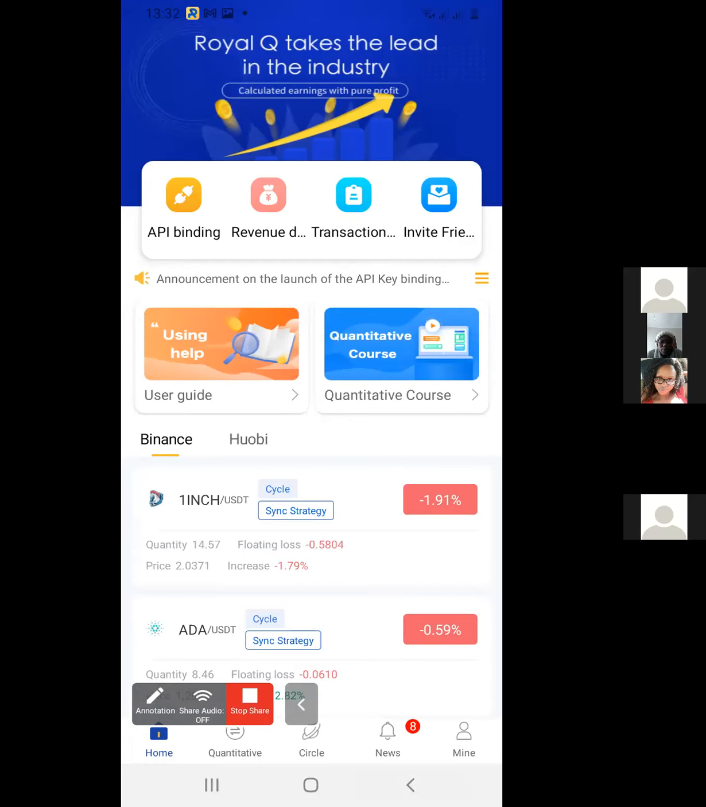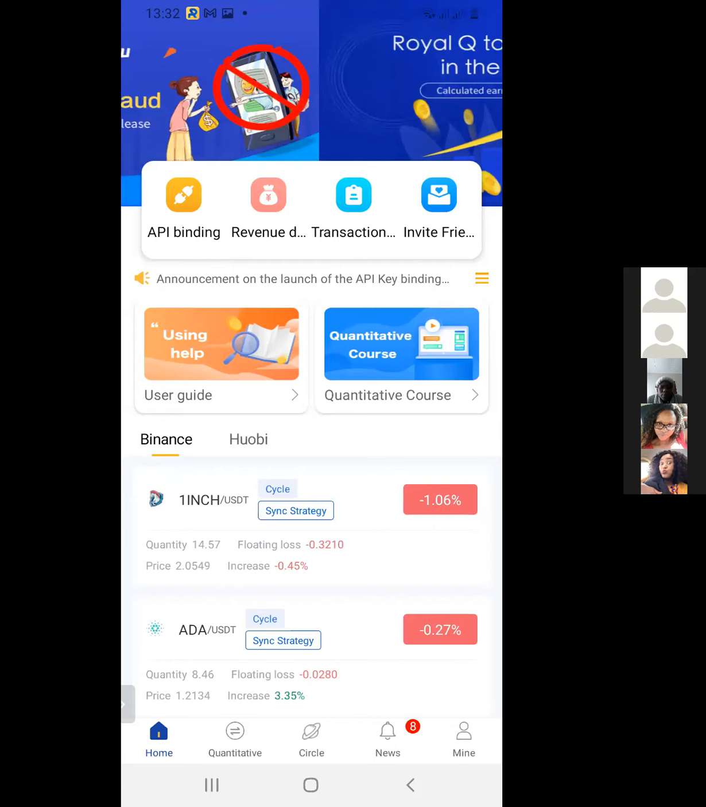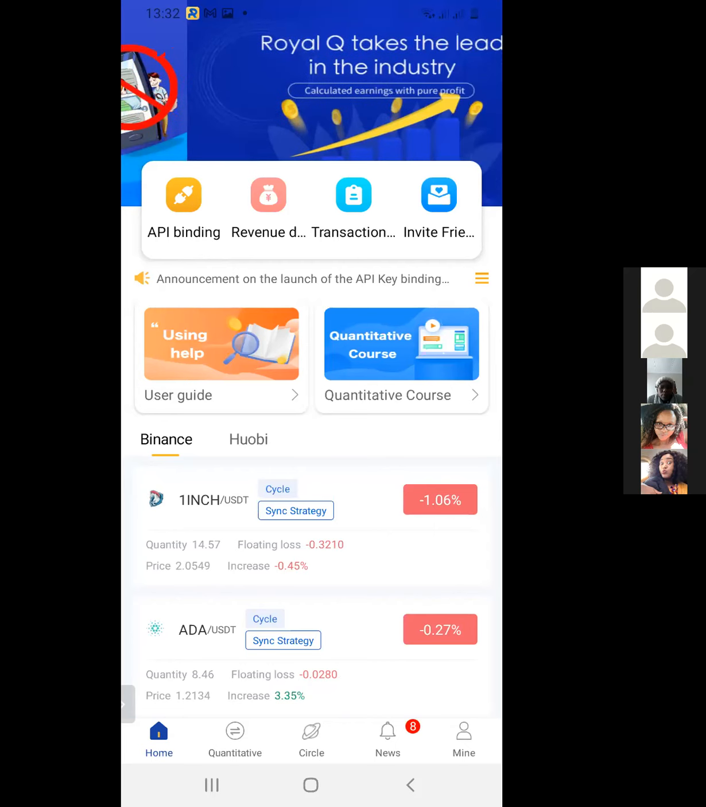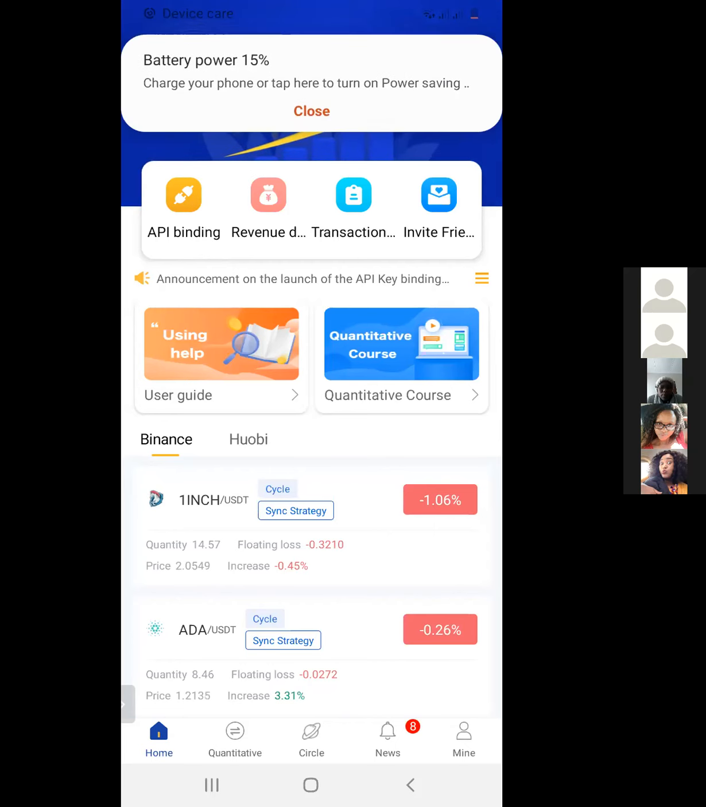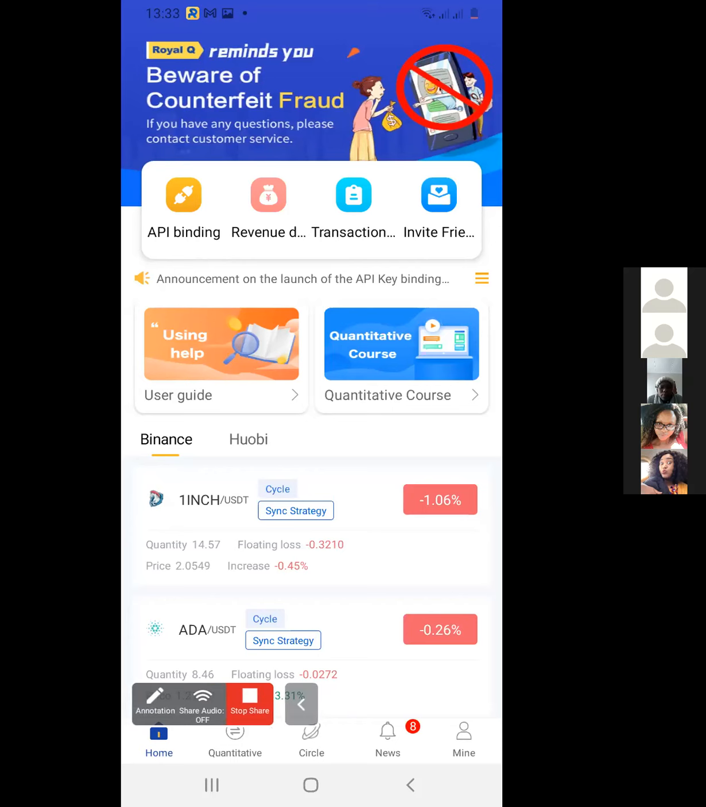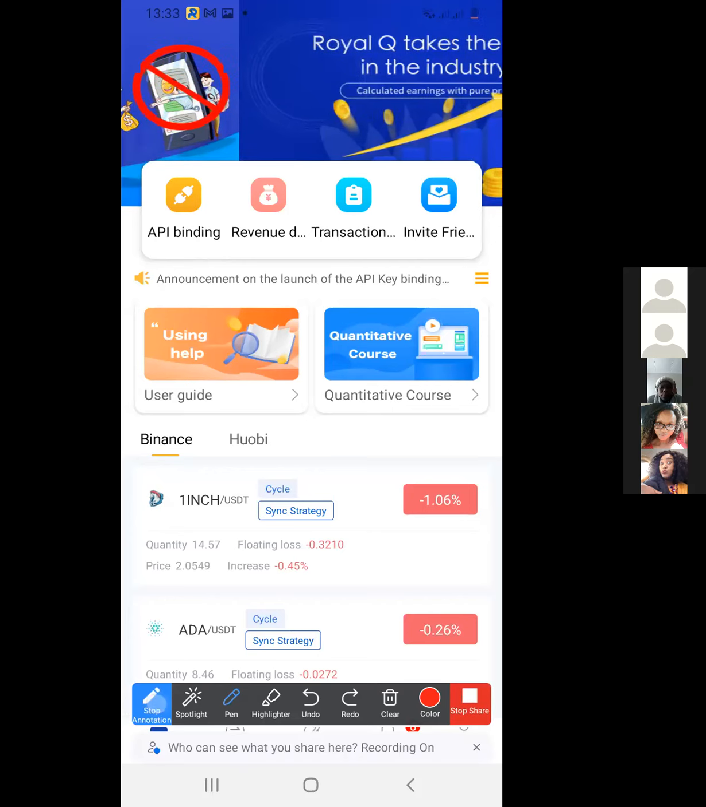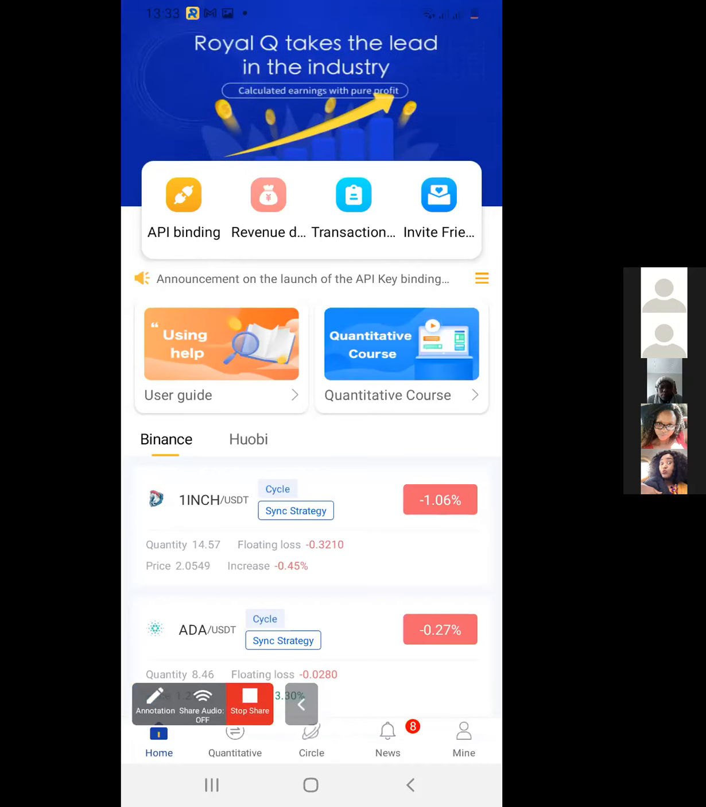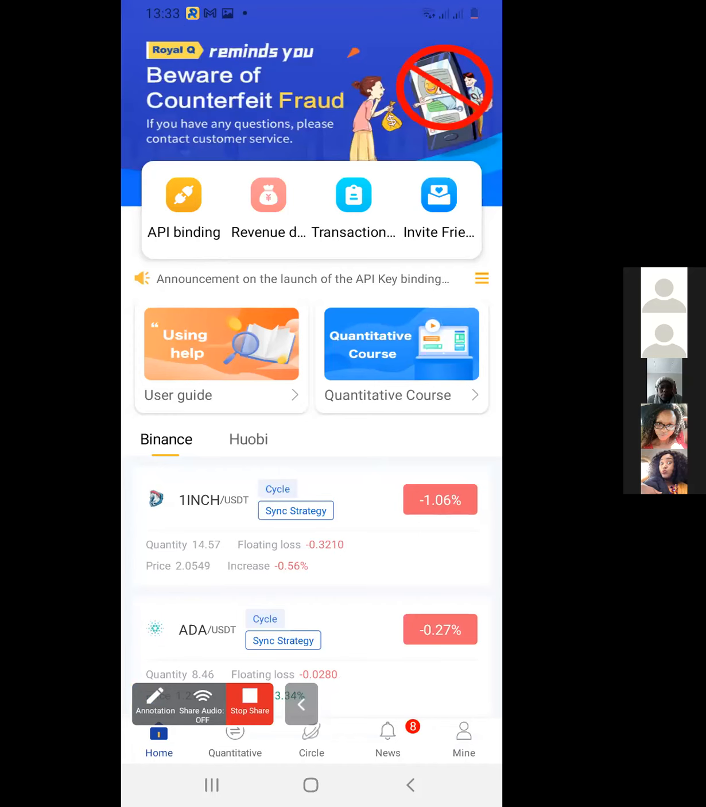All right. So okay, once you've done your API binding, what does that mean? It now means your Binance and your Royal Q are talking to each other. The next step is you now want to see this. How do you then see and basically get to your robot? You come here to Circle. What is Circle? Circle is basically,